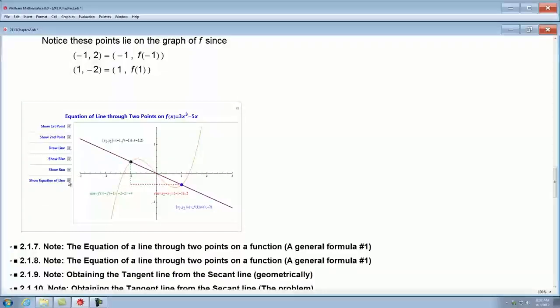Here's the point slope formula of a line. I replace my m with negative 2. I replace my y1 with 2, that comes from right here, but there's the minus sign, so replace it with 2 there. I replace my x1 with negative 1 right there. And if you do the algebra on this, you get the equation of the line, which